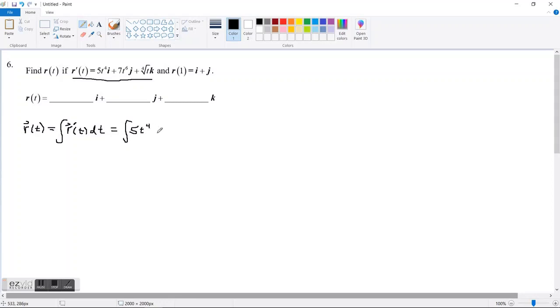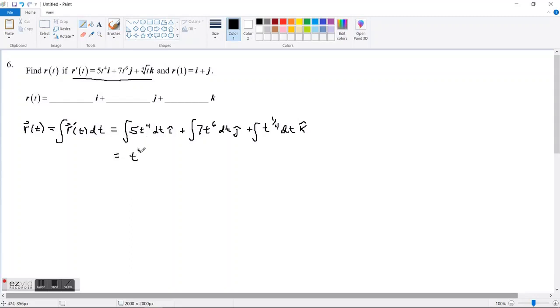Find the antiderivative of 5t to the fourth times i, plus the antiderivative of 7t to the sixth times j, plus the antiderivative of t to the 1/4 power times k. Okay. Our first antiderivative of 5t to the fourth is 5 times t to the fifth over 5,